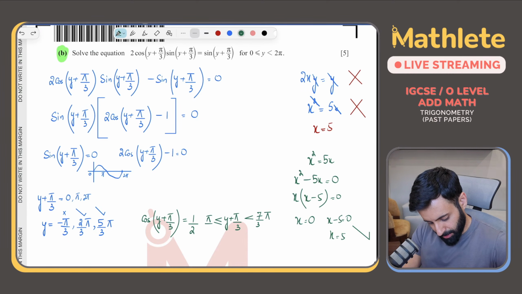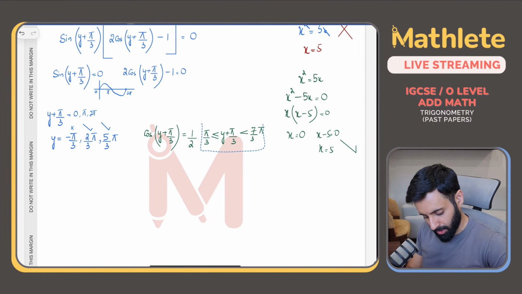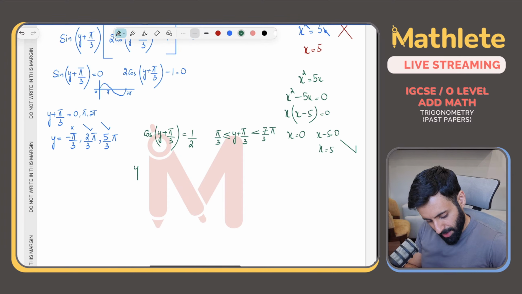So y plus pi upon 3 is greater than or equal to pi upon 3, but it's lesser than 7 upon 3 pi. Okay, now this is the new altered range. Okay, so y plus pi upon 3 equals,